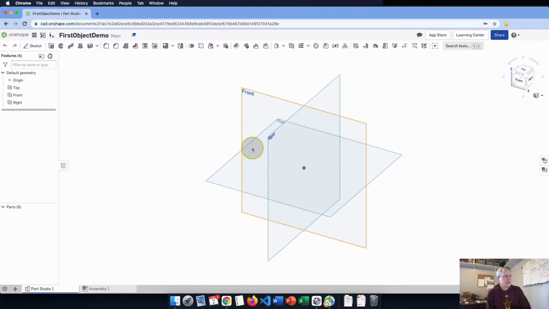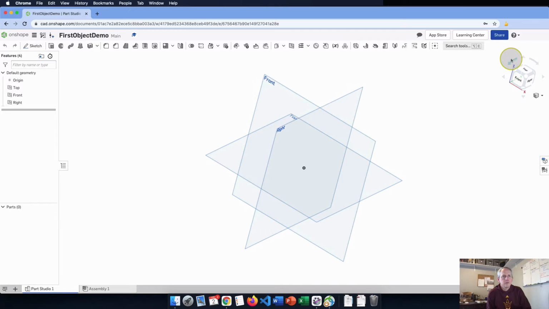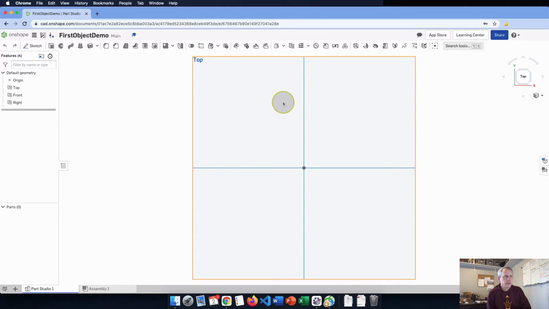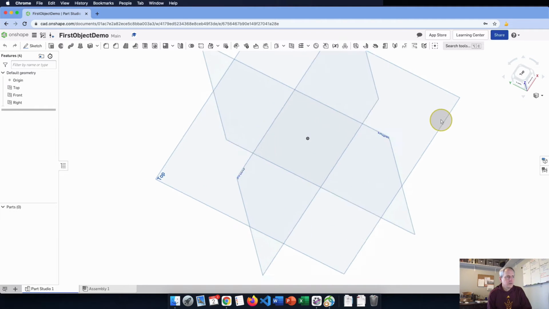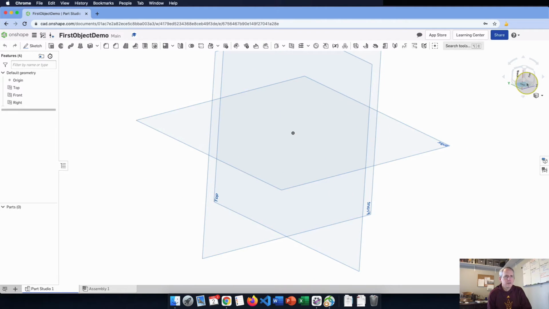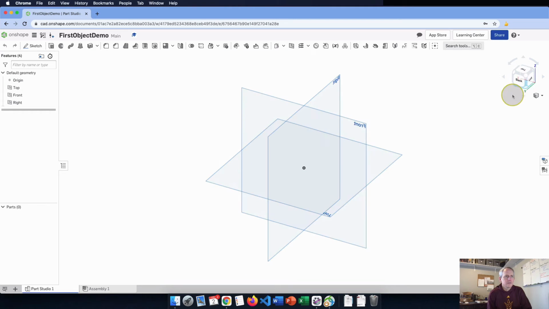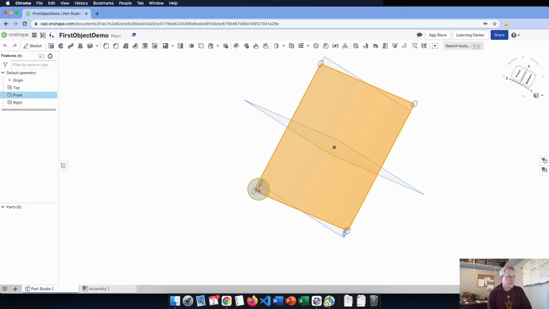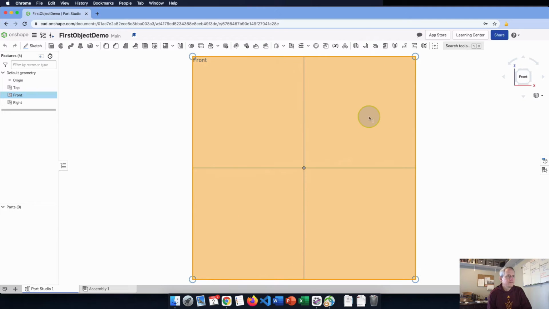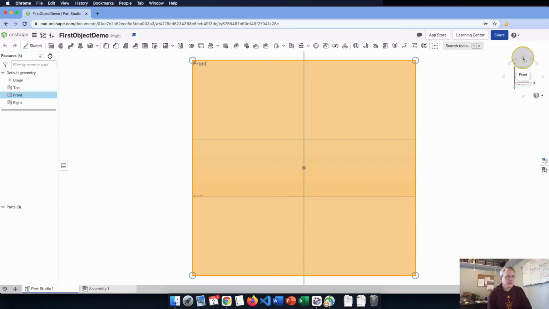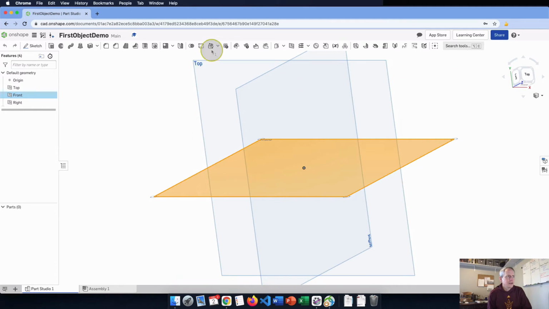And you see here that we've got these three planes that we can work with. Over here we've got the cube that we can use to change our views. If we want to look exactly at one plane, we can choose that. Right click and drag will adjust our view. So we take a look at the front view again, and then we look there, we go towards the bottom, we look there, we go towards the top. And we kind of get all three back in order. Okay,